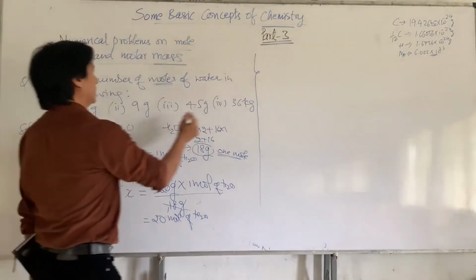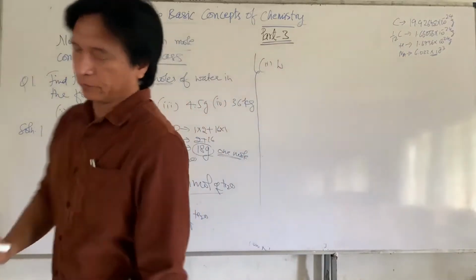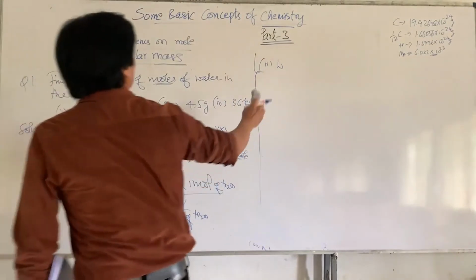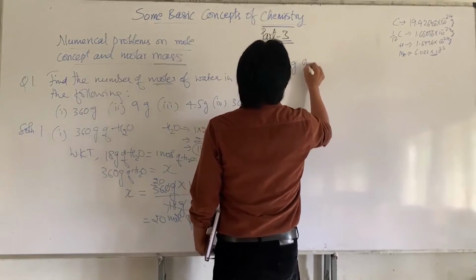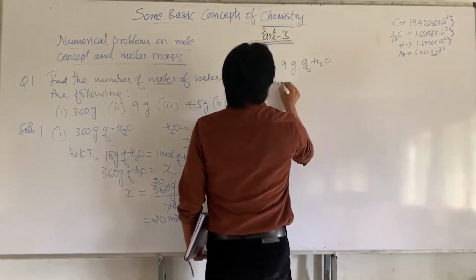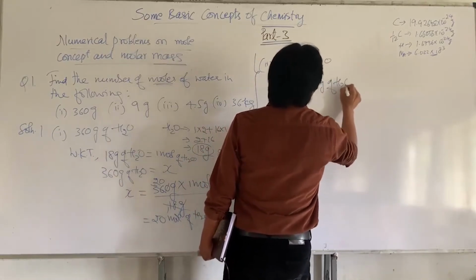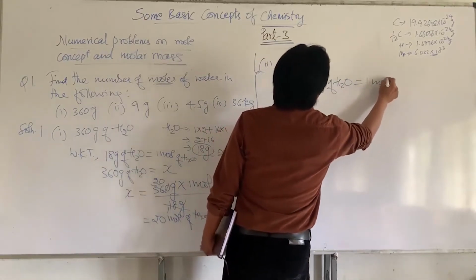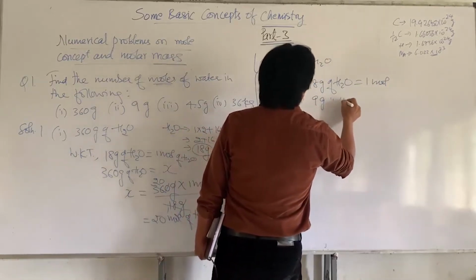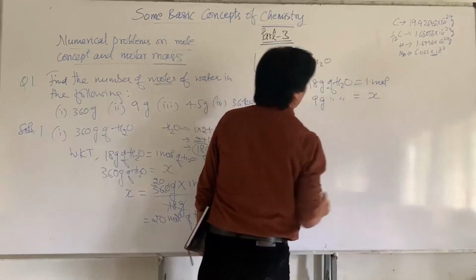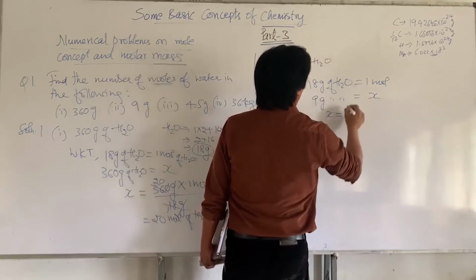Now, put it this way. You're given 9 grams of water. So you write, we know that 18 grams of H2O is equal to 1 mole. If that's the case, then 9 grams of water is equal to how many moles? Let's put X here. Since it's a case of direct proportion, you cross multiply,